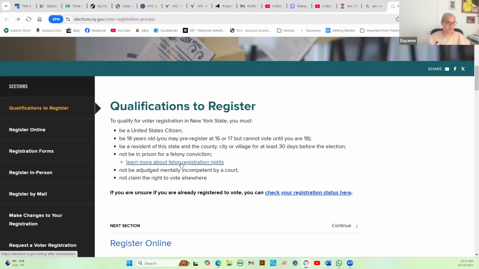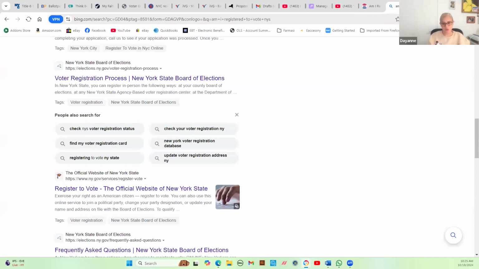But again, they have to meet specific criteria to be allowed to vote. Okay, so this is another option. If you live outside of the 5 boroughs, you will go to the state's website to confirm your registration. Okay, so now that we've got that out of the way,